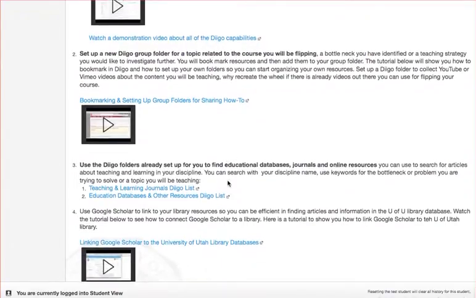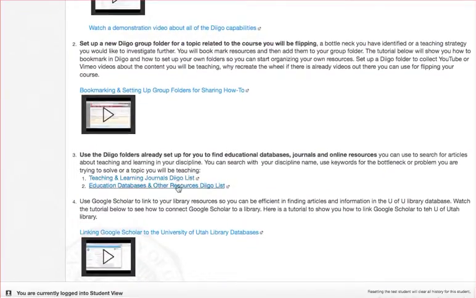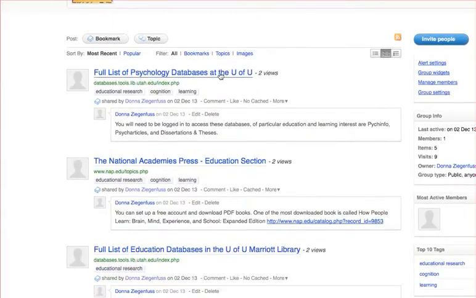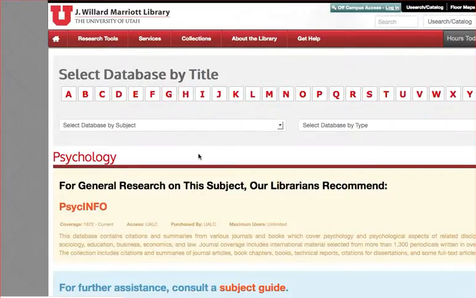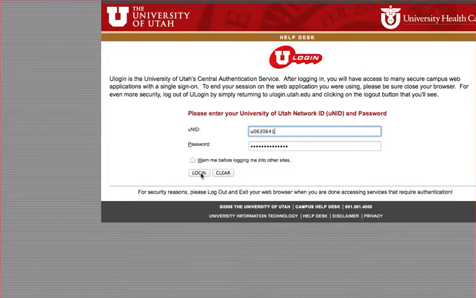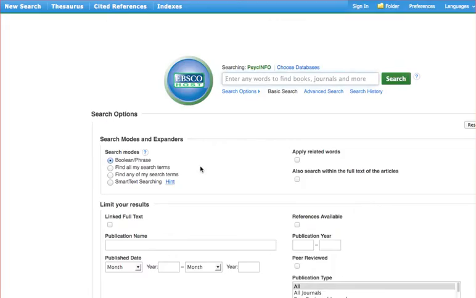The third step here is these are 2 DIGO lists that will help you find resources in educational journals. So instead of just going out and trying to find educational journals, I've accumulated some resources here. If you're at the U of U, you can click full list of psychology databases. It takes you right to the database page for our library. You can click PsycInfo. Since I'm not on campus, it's going to want me to authenticate, and I'm going to do that. And then I'm right there, and I can search like physics